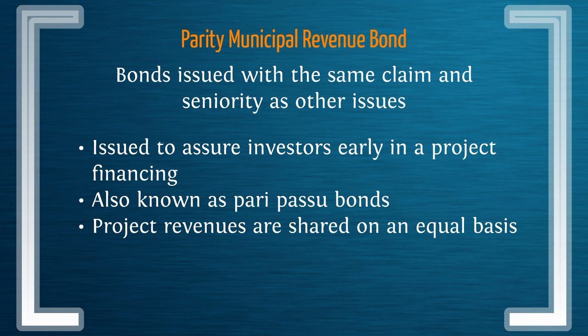This brings in the concept of a pari passu, which means that a bond is issued that has the same seniority and rights as the senior bonds that were issued prior to this bond. So it gets the same rights and doesn't have to settle for being a subordinate bond. And in project revenues are shared on an equal basis. So it gets the full first priority, even though it was issued later when it normally might be a subordinated